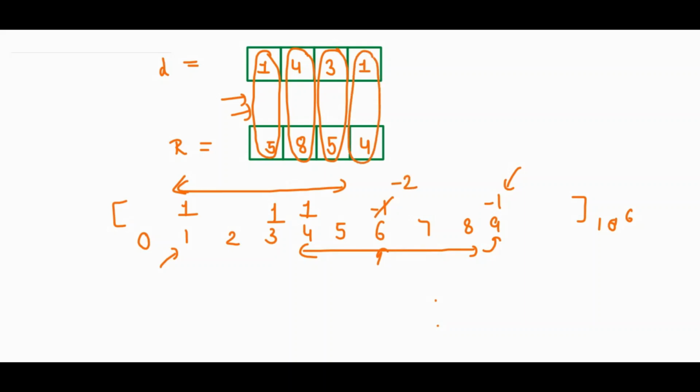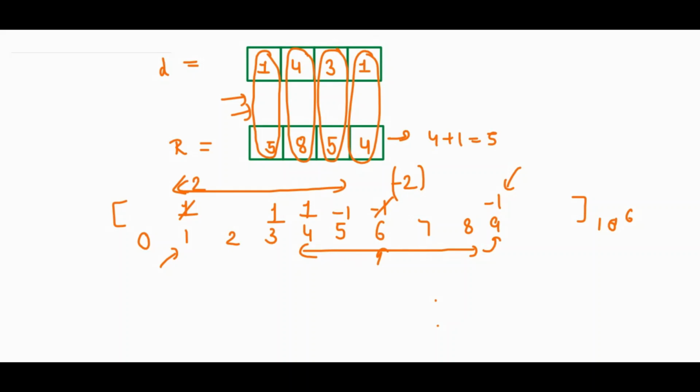Then I will go to 1 to 4. So on 1 we already have 1. Okay. So I will increase it. It will become 2. That will represent that two ranges are starting from here, and when there is -2 on some index, that means two ranges have ended, here at 6. Okay. So 1 to 4: we had 1, and on 5, as we know, 4 plus 1 is 5, so on 5 I will put -1.